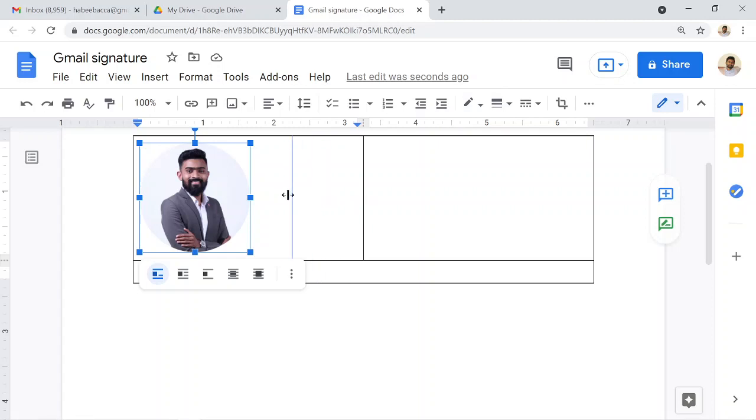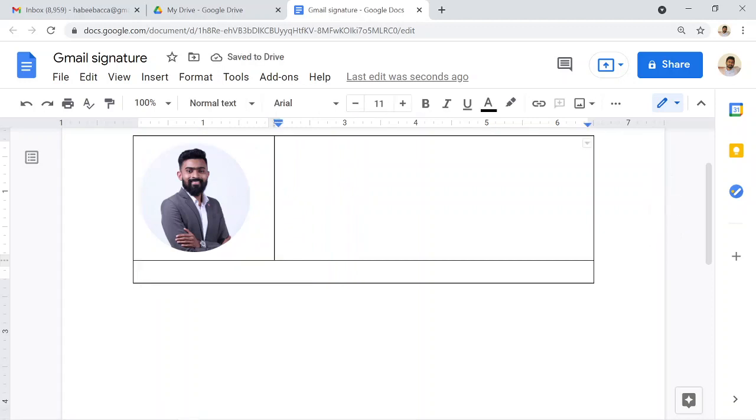Now we can drag the center line to create the correct distance between the image. Now you can see the left hand side and right hand side have a somewhat similar distance. It's okay, fine. So next I'll input the details. This is my name, Habib Rahman KP, and currently my qualification is a master's in commerce and I'm an ACCA member. So I'll provide this.